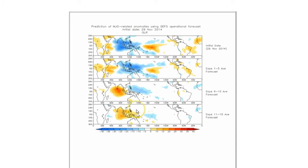This is what the models say. It'll be interesting to see what actually materializes, but so far, based on the very early data that we're seeing, this appears to be a legitimate inactive phase, and it manifested with east winds at the ocean surface, the first east winds of the entire year. And now we see the active phase coming in behind, so we would expect to see westerly anomalies develop, and then the commensurate